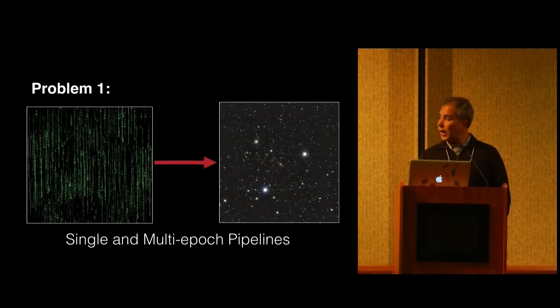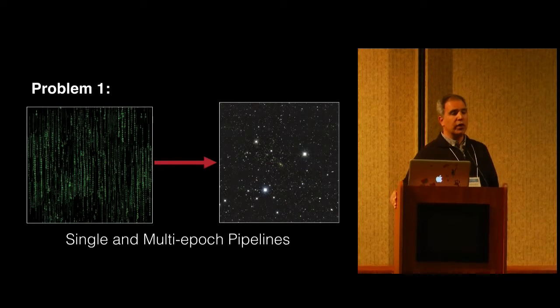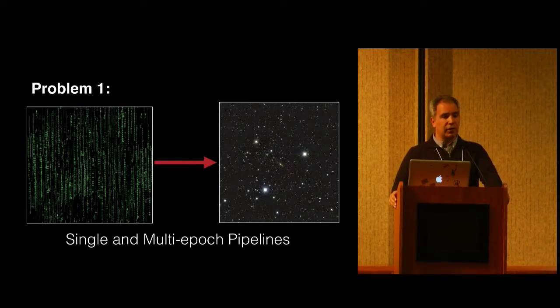So we get a lot of data, right? We get roughly half a petabyte of data every night. And that's actually compressed. That doesn't include calibrations and all of the extra stuff that we get. And we need to get from this raw data into good images and actually catalogs from where we can extract the information about mapping these galaxies. And I would say that problem number one is all of the image processing, which in our case is perfectly parallelized.